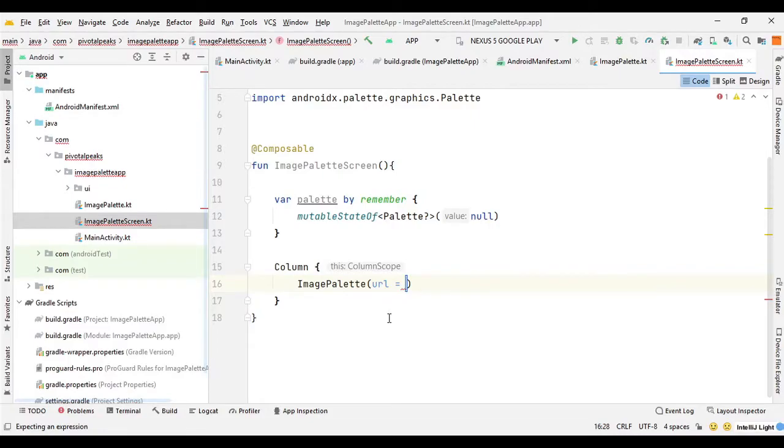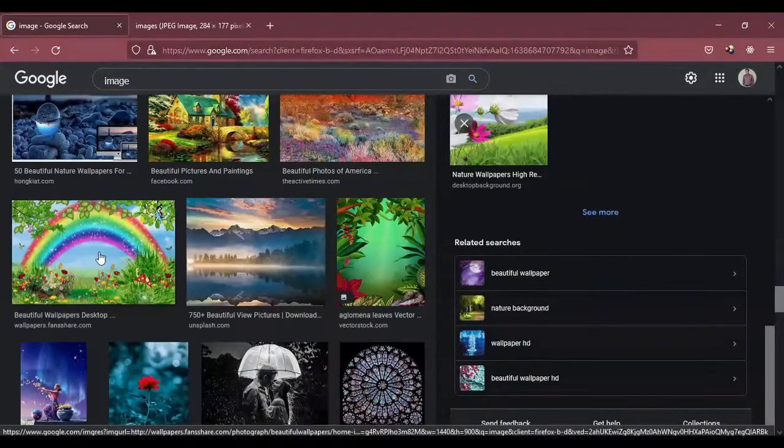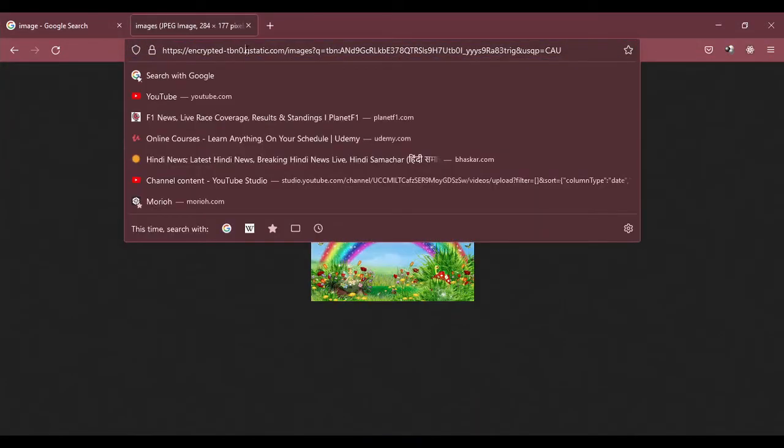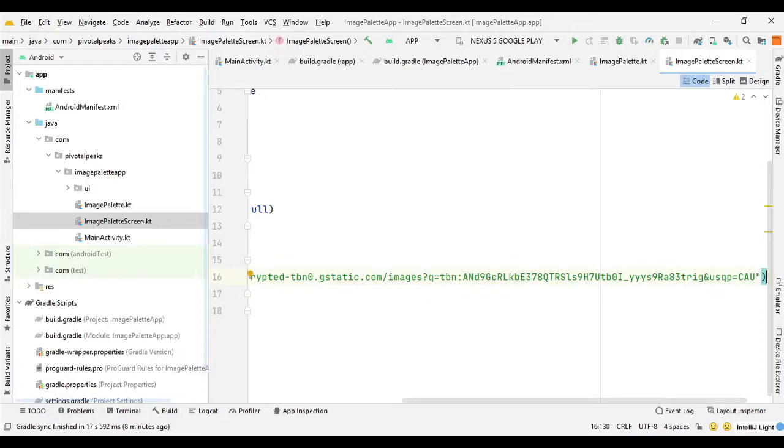It's completely your choice. So I am going to use this image. I just searched for a random image and found this beautiful image which has a lot of colors. So this is the link for this image. I am going to copy it. Again, you can use whatever image you want. And let's paste it in the URL. So double quote, and let's paste the link.